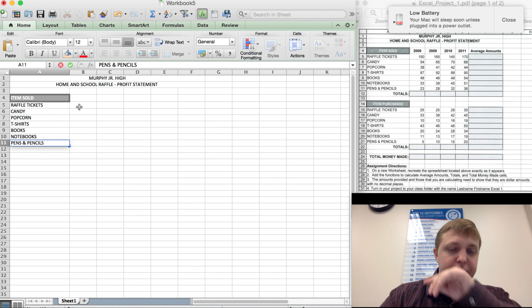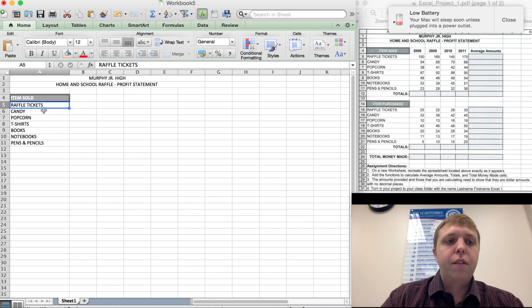So we have our information. As you can see, the text for the items that were sold, from 5 to 11, is to the left, but we need to center where it says items sold, that column right there. So I click the box that has items sold, and I press center text. All right,